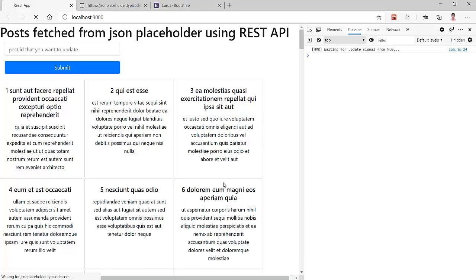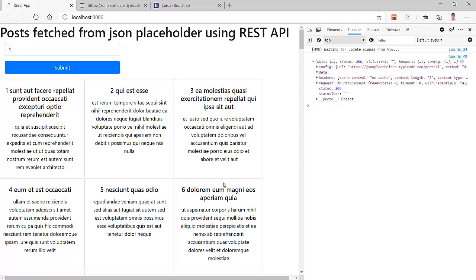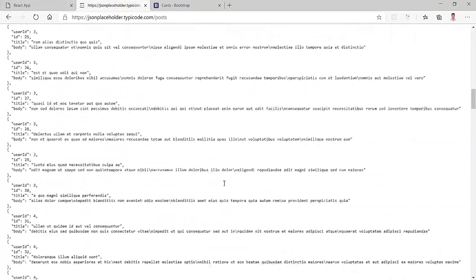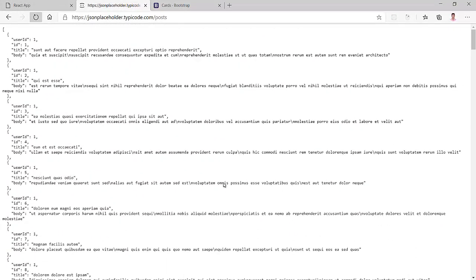I will mention 1 here and press enter, and we are getting a response back with data as nothing, because this one is deleted. But with ID 1 it will not show here because it is static data.